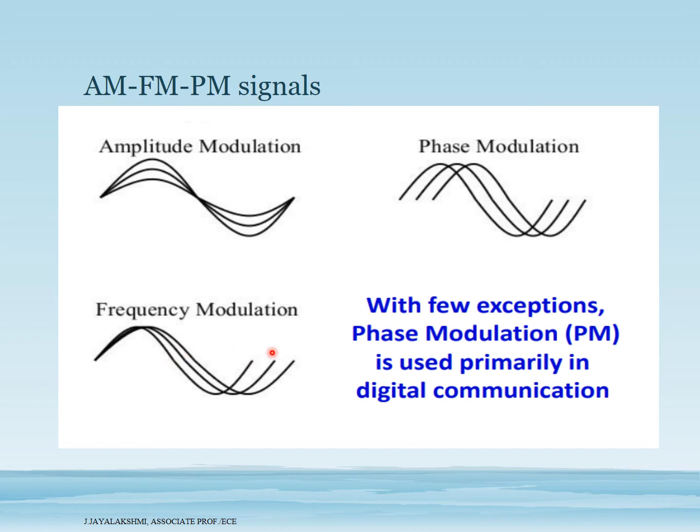So, this results in 3 different frequencies F1, F2 and F3, which are inversely proportional to the time period of one cycle. Whereas coming to the phase modulated signal, you can see that the frequency is fixed. So, this is the starting point of the signal and this is the end. This time period is maintained constant. Similarly, over the second signal, from here to here the time period is maintained constant. Here also the time period is maintained constant.